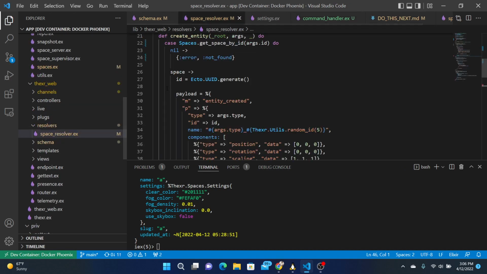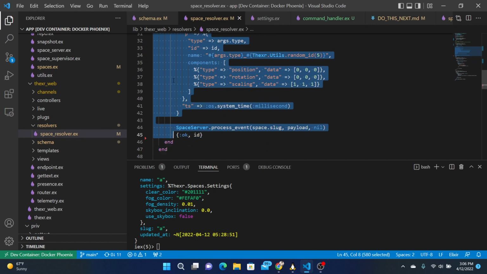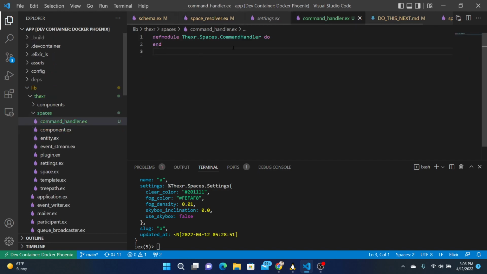And we're gonna pluck all this, copy, and say that this is create entity.